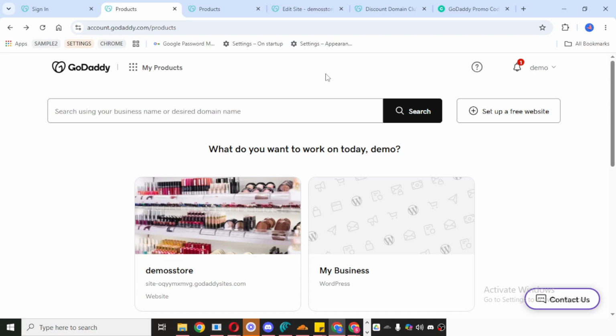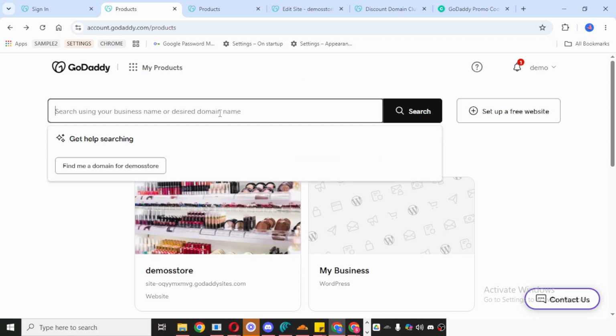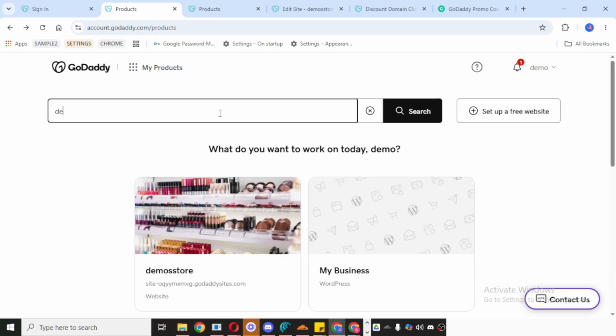This is where you check whether your preferred website name is available, so try to enter it carefully and exactly how you want it to appear online. After that, click the search button to see the results. GoDaddy will then show you whether your domain is available, along with different domain extension options you can choose from.